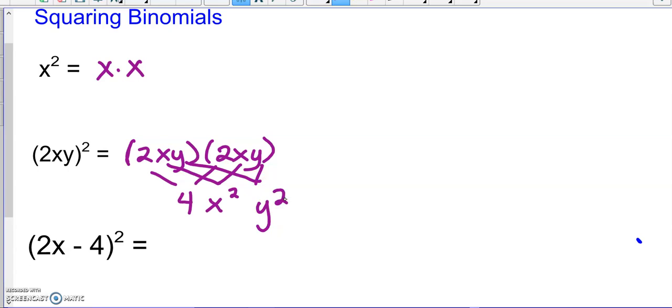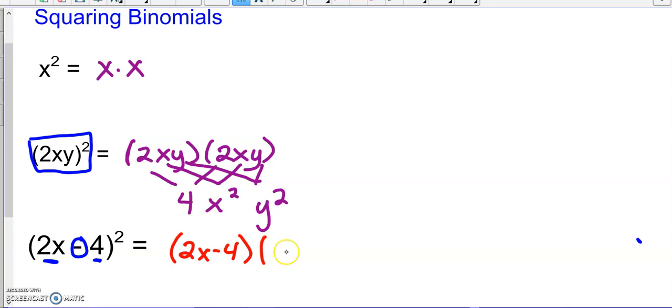Now, when I look at a binomial, and I know it's a binomial because there's two terms, right? There's this minus sign in the middle that separates my first term from my second term. This one up above didn't have any addition or subtraction. So 2xy was all one term. Okay, when I am multiplying something that has two terms, 2x minus 4 squared is like 2x minus 4 times